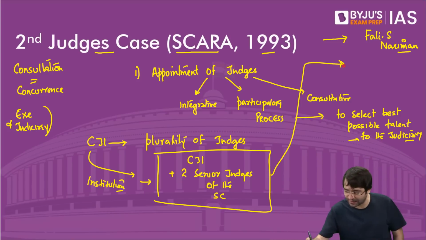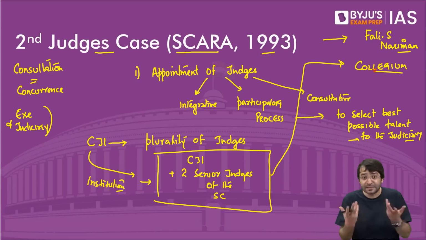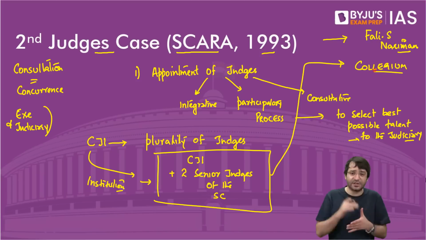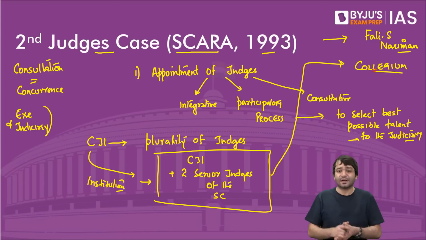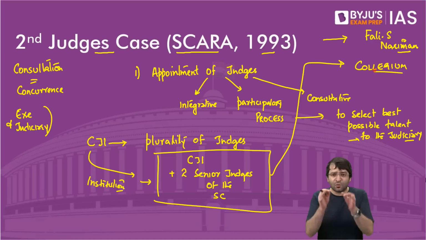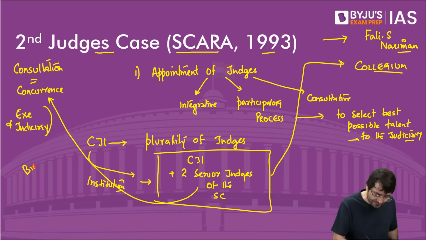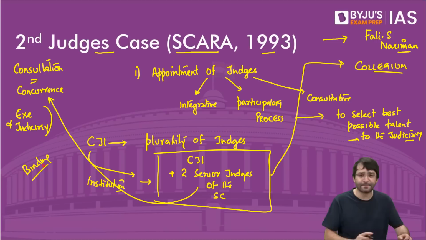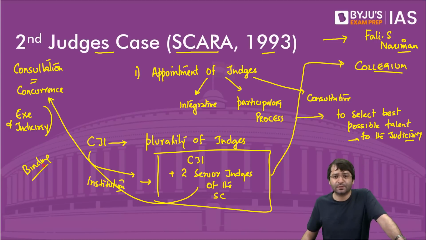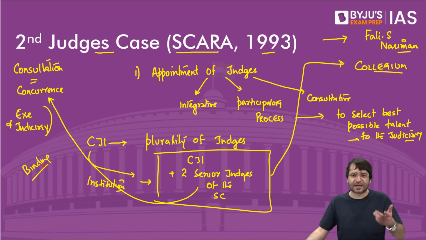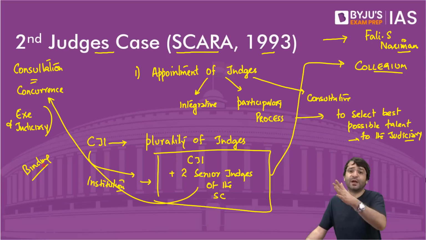And this is what led to the emergence of the Collegium System. This is the Collegium: the Chief Justice and two senior judges of the Supreme Court. Consult them, and whatever advice they give is binding on the President of India. Which means if there is a discussion on my name, whether I should be appointed to the Supreme Court as a judge or not,